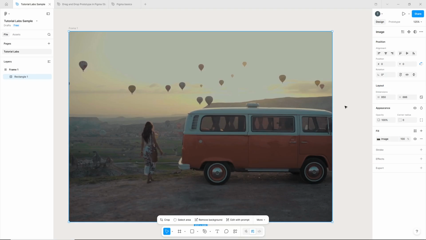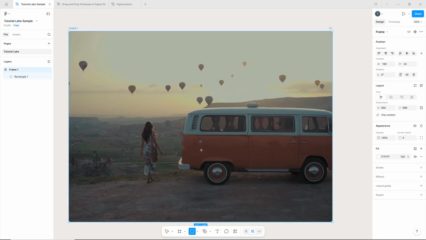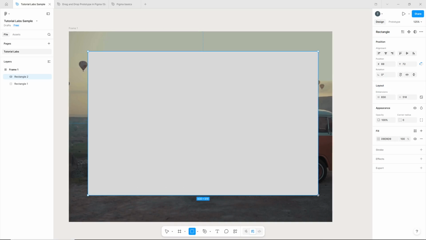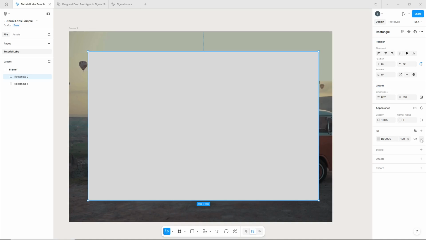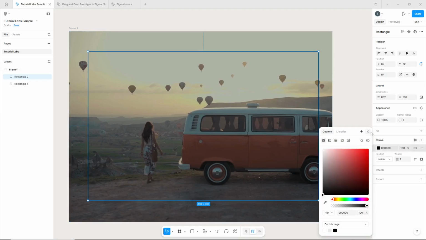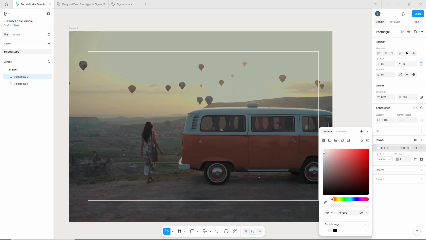Next, click the rectangle shape tool again from the bottom toolbar and drag another rectangle onto your frame. This rectangle will serve as a border or frame element. On the right side panel, click the minus icon beside Fill to remove the solid color fill. Then click the plus icon beside Stroke to add a border outline. Adjust the stroke color to something that complements your design and set the weight to 5 to make it